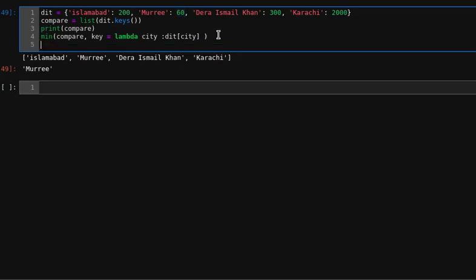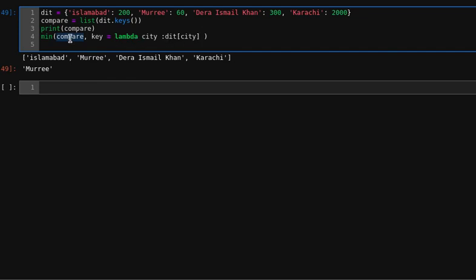After this, you can also do another operation from this. So let's check how this method works. First we save these keys into a list, which we can see here, and we use compare and key.